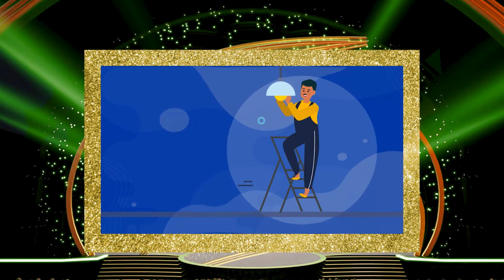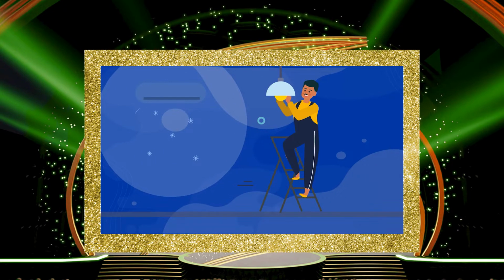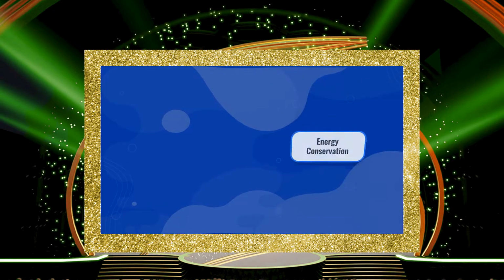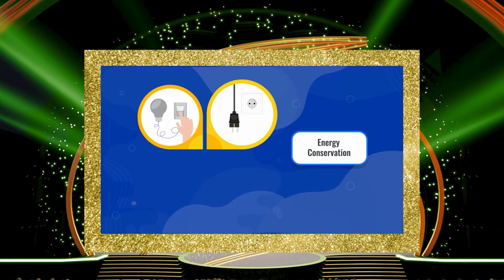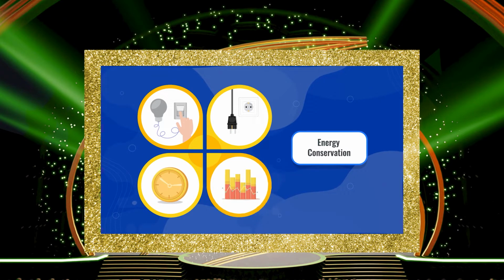1. Energy efficiency: changing CFL or incandescent bulbs to LED bulbs, the use of inverter-type appliances, use of LED television sets instead of CRT TVs, etc. And 2. Energy conservation: turning off unused lights, unplugging unused electrical appliances, ironing at specified hours, proper maintenance of appliances, etc. When energy efficiency and conservation are practiced at the same time, the home stands to benefit from reduced energy